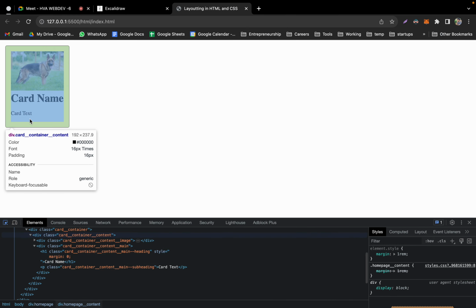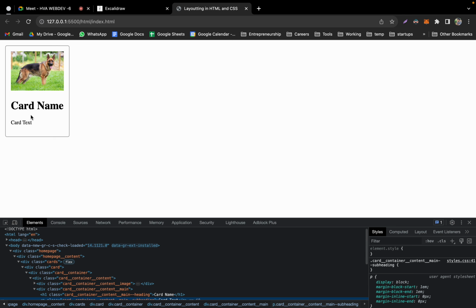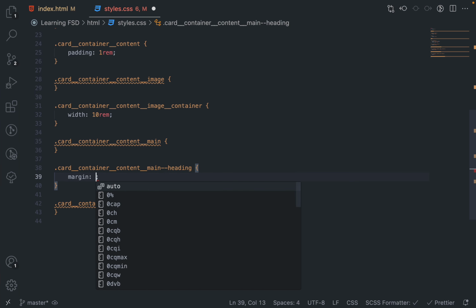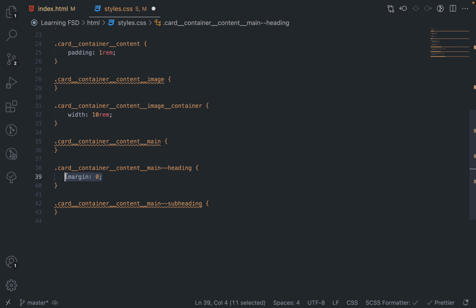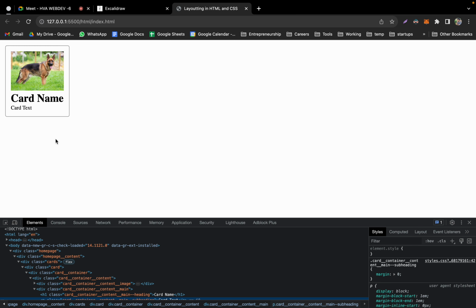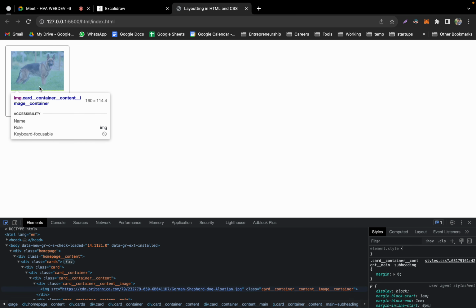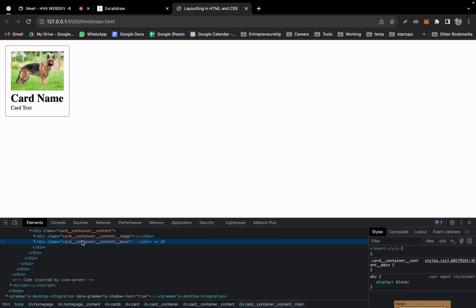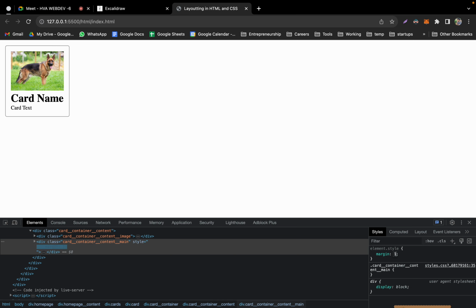Now, okay, this heading we don't want any margin, okay, and on this we also don't want any margin. So both of them are coming together. What if we want to separate this image, okay, this is your division 1, this is your division 2. I want to separate main division and give some margin from top, 1 rem for example, 0 0 0 like this, okay.